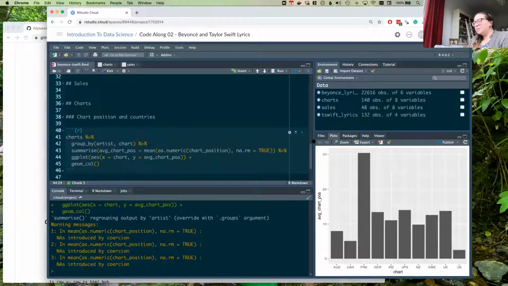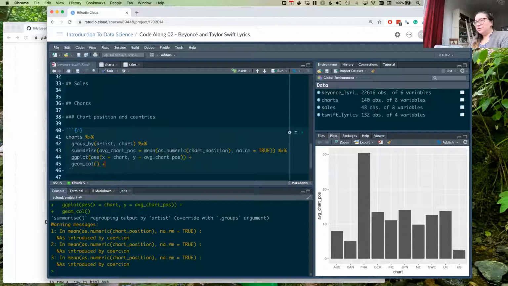We get some heights per country, but a good question from Eleanor: do we not need to tell ggplot what data set to use? That's a really good question. I didn't have something like data equals something, right? Which is how you're used to seeing ggplots. But what I've done instead is calculate these summary statistics and then pipe them into the ggplot function. So this is basically like saying data is equal to whatever we calculated up until this point.